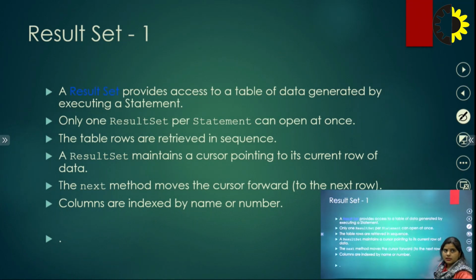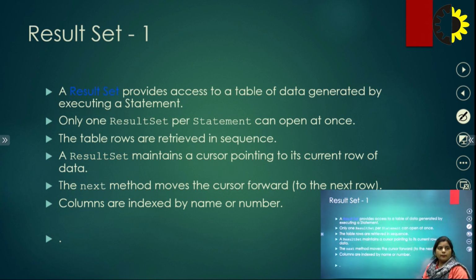So the result set basically provides access to a table of data which is generated by executing a statement, and only one result set per statement can be open at once. The table rows are retrieved in sequence from 1 onwards, and the result set maintains a cursor pointing to its current row of data. The next method moves the cursor forward to the next row,